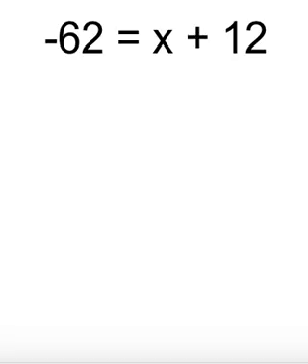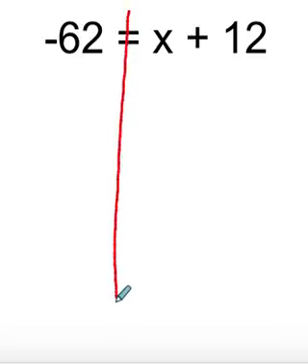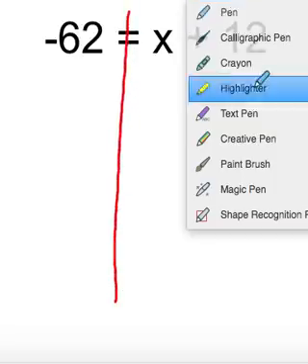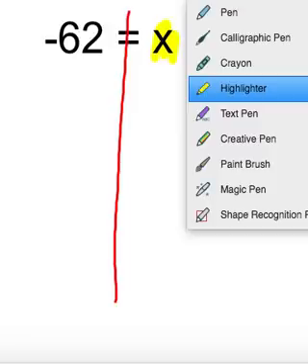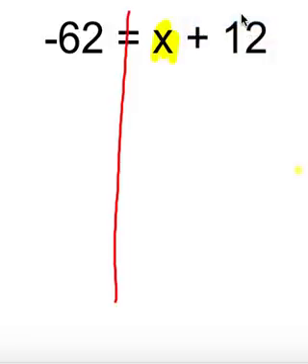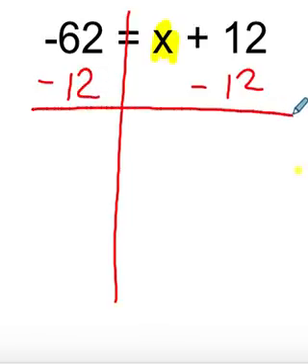Example number 4. I'm going to split my equation down the middle. Looking for my variable. My variable is x, but this time x is on the right side. So I have to get rid of the plus 12 on the right side. The opposite of plus 12 is minus 12. I'm going to put that on both sides. The plus 12 and the minus 12 cancel, so I'm just going to bring my x straight down, bring my